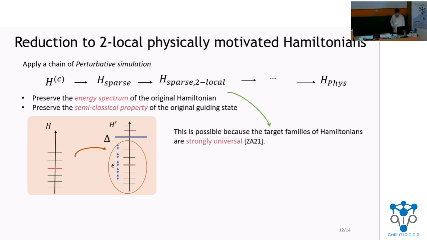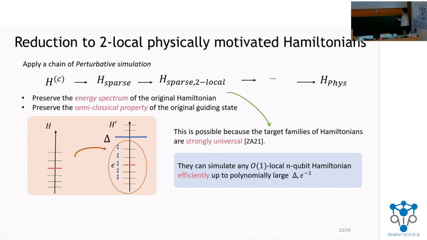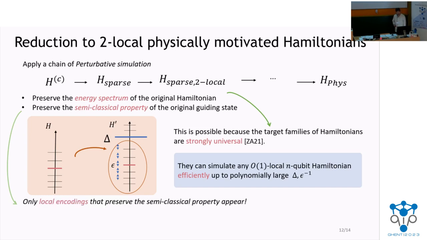And so the first requirement can be satisfied because those families are known to be strongly universal. This strong universality means that those target Hamiltonians can simulate any order 1 local n-qubit Hamiltonians efficiently, up to polynomially large parameters of Hamiltonian simulations. And the second requirement can be satisfied because only local encodings that preserve the semi-classical property appear. So we can encode the semi-classical guiding state of Hc into another semi-classical guiding state of